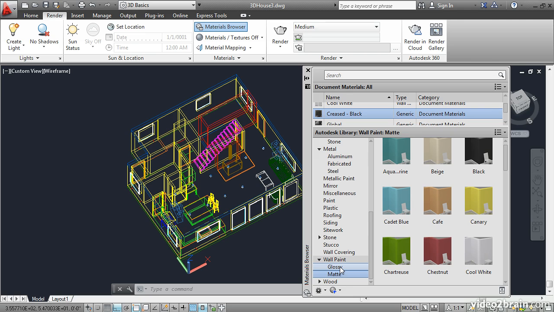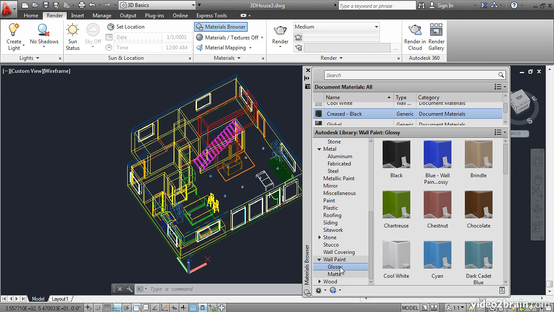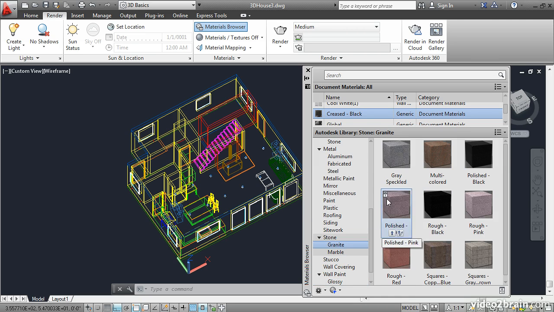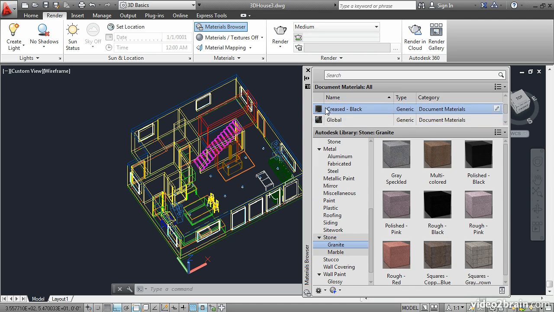I'll also select a glossy paint for the vinyl windows. That will be cool white. We can choose perhaps a granite countertop, gray speckled. And I'm sure I haven't thought of everything, but that's okay. I'll close the browser,